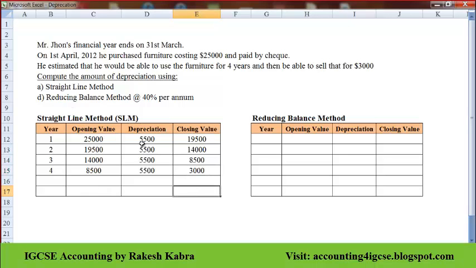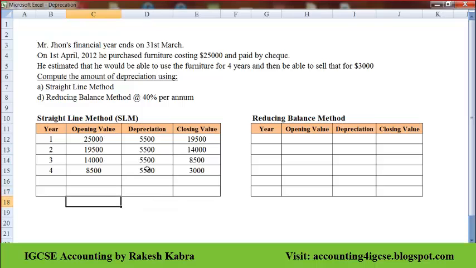So after expiry of the 4 years, see, this is the residual value, okay? So in this manner we have computed this depreciation under which method? Straight line method. Agree? Now see, in straight line method the amount of depreciation will be the same for all years. Today I am going to explain why we call this method straight line method. See what is the reason?